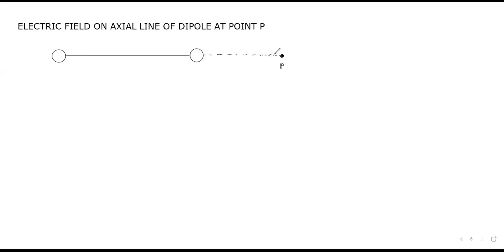Also remember that the distance measured from the dipole is always taken from the center of the dipole. Are you clear? The distance is always measured from the center of the dipole. Let's consider that the separation between the two charges is